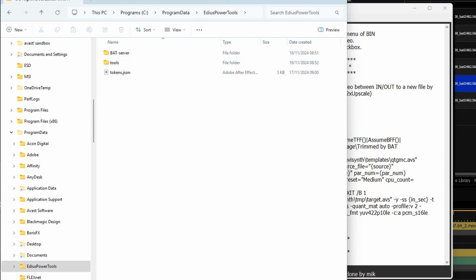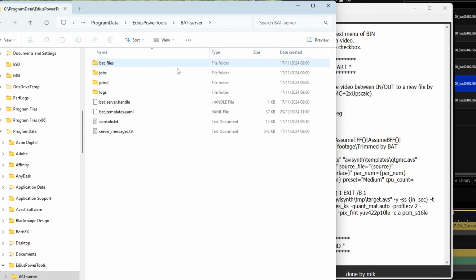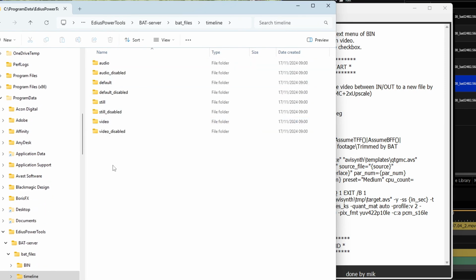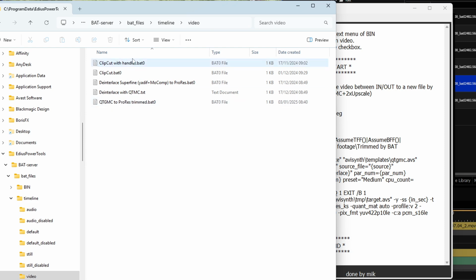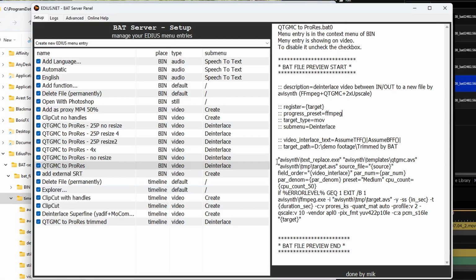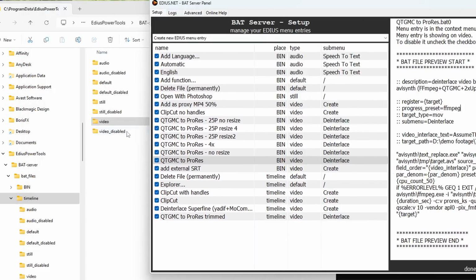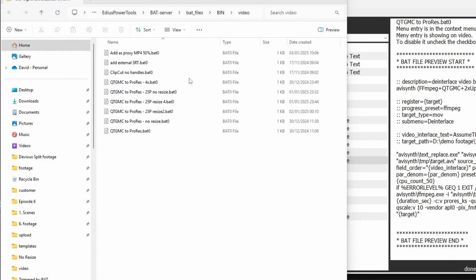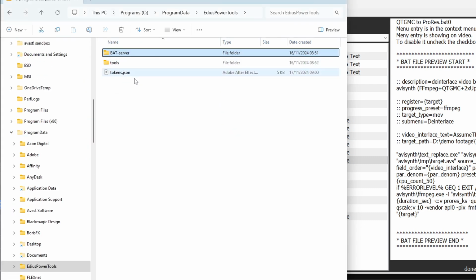And then here you've got lots of stuff to do with the BAT server. So if I come in here, you've got all the BAT files, ones on the timeline, the video files, etc. These are all the things which are in this list. And yeah, I can get to that folder just by right clicking on that and saying Open Folder, which obviously would have been quicker than going to the C drive. Takes me straight to that. Then I'd have had to go back to EDIUS Power Tools to be where I need to be to find